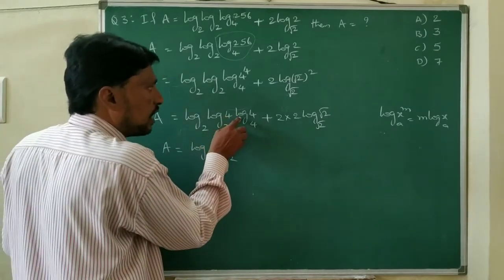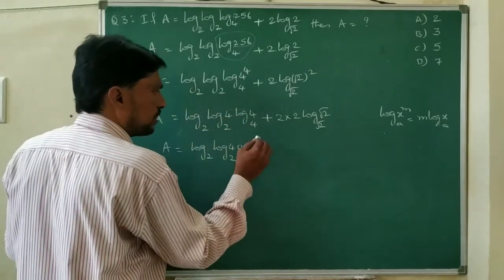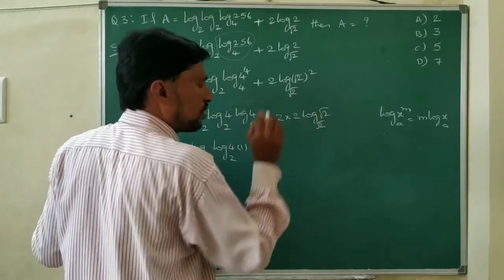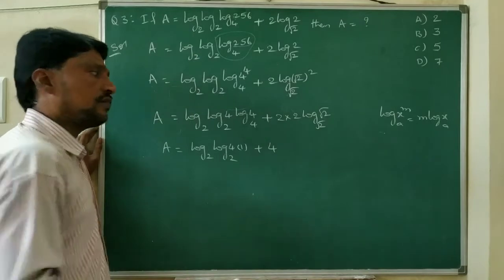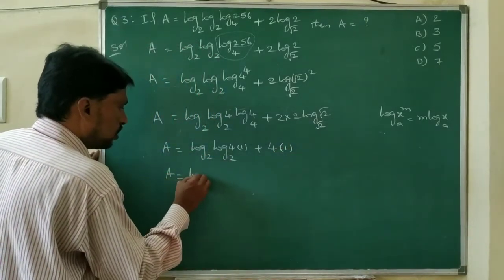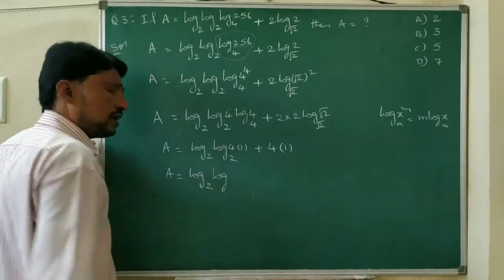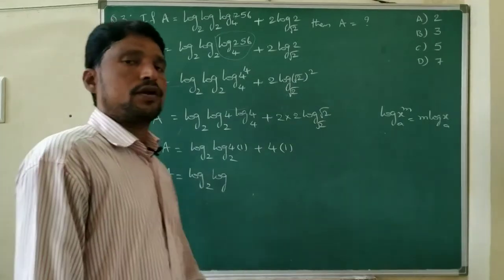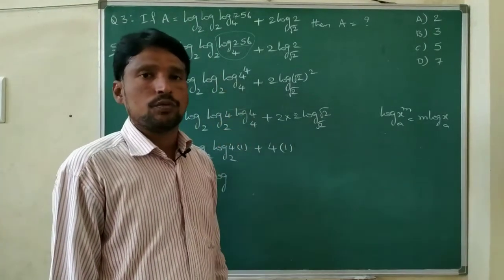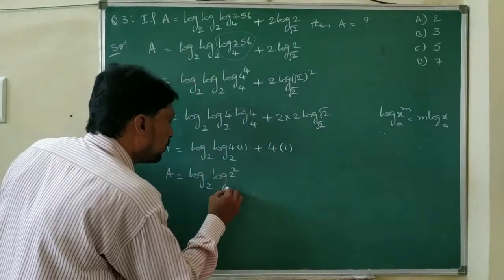A equals log base 2, log base 2, here 4 as it is only. So log 4 base 4, that is log a base a, has the value 1. No need to write it, but if you want you can. Plus 2 into 2 is 4, log root 2 base root 2, log a base a, that value is again 1. So A equals log base 2 log 4 into 1 plus 4. How do we write 4 in power notation? Here the base is 2, so we take base 2. 4 we can write as 2 square, so log 2 square base 2.